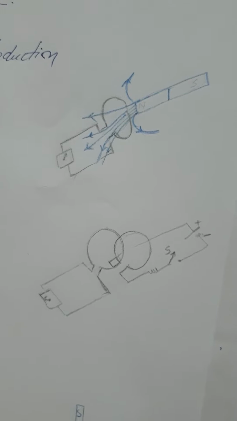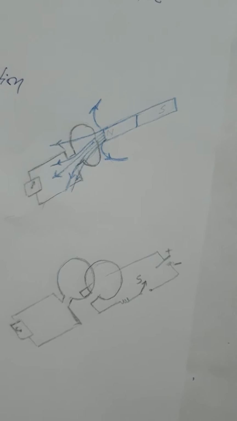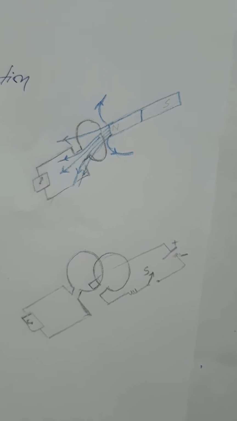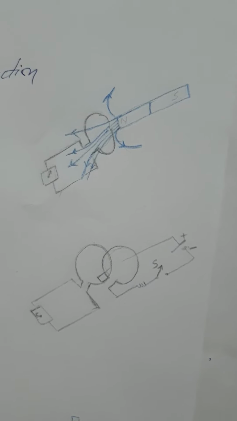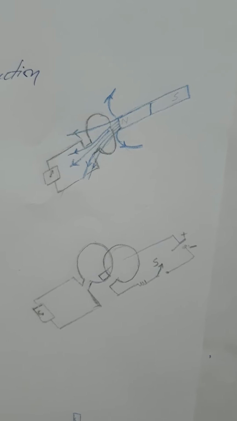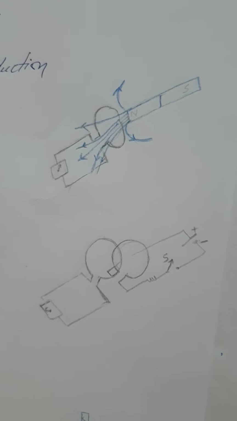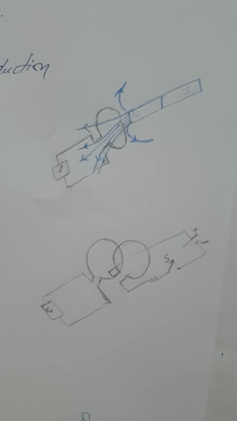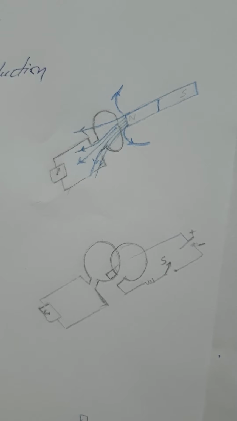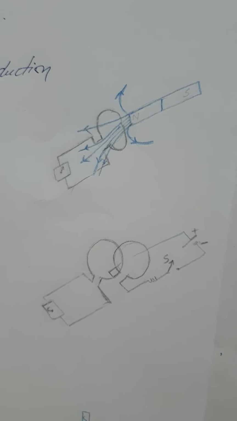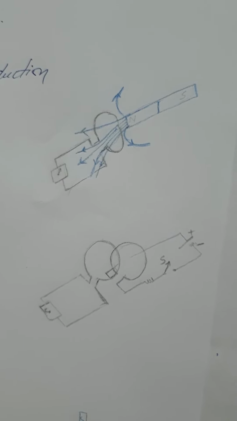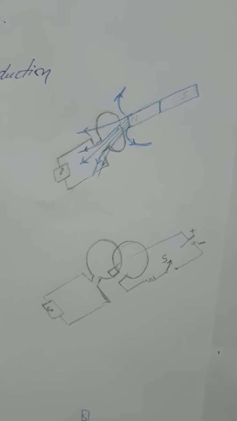So this Faraday law can be described in a quantitative way, and for that we need to calculate the amount of magnetic field that passes through a loop. We already discussed such type of situation when we were